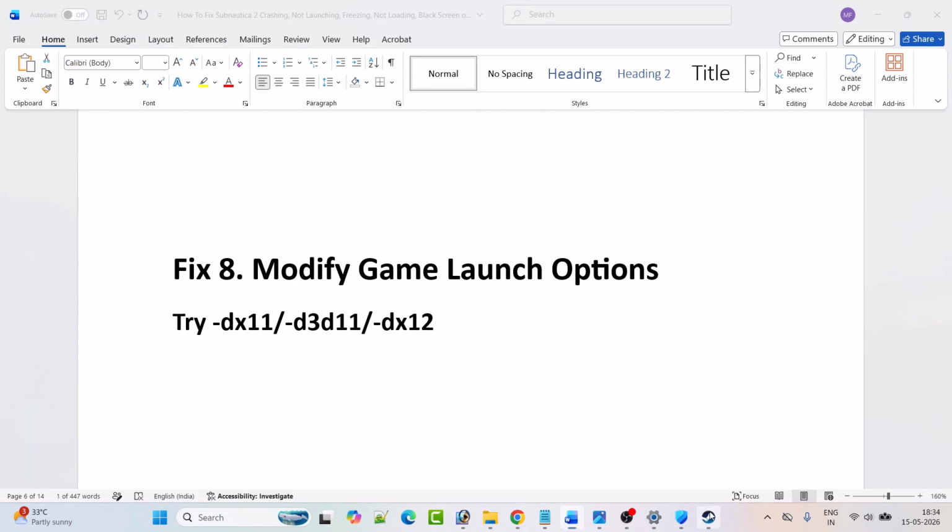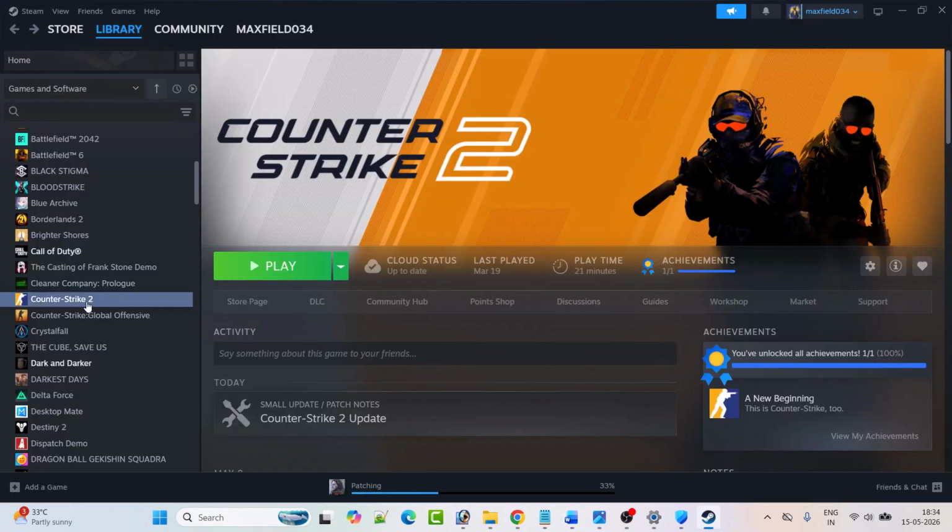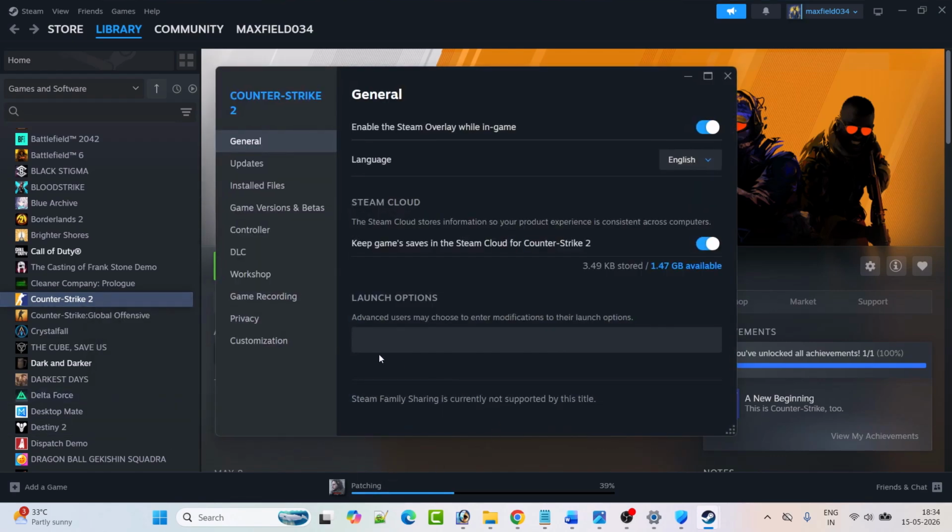So again, open Steam, go to Library, right click on the Subnautica 2 game. Again, this is just an example I'm showing with another game, but you have to right click on the Subnautica 2 game and then click on Properties, and in the launch options first type -DX11, close the tab, launch the game